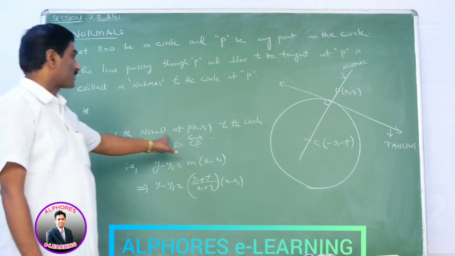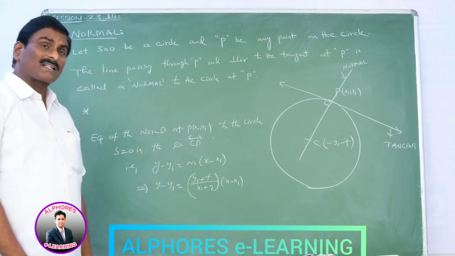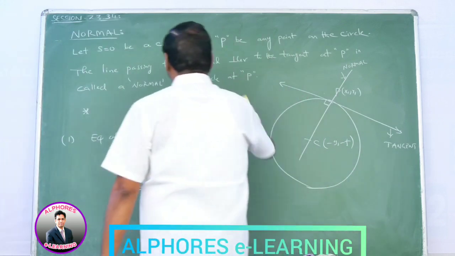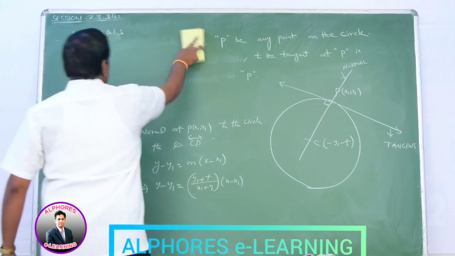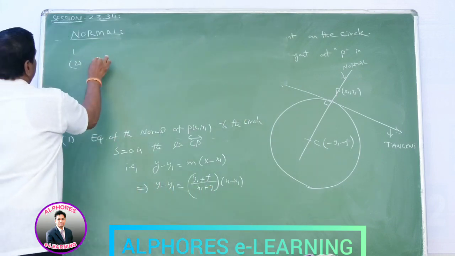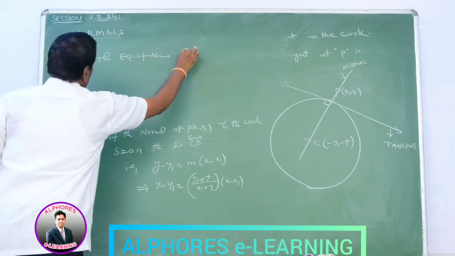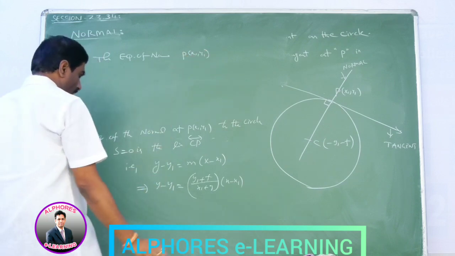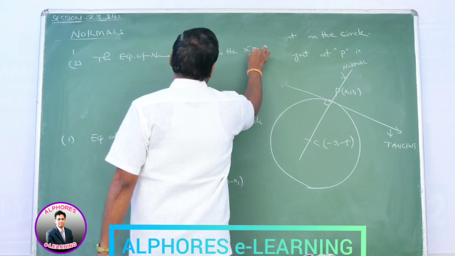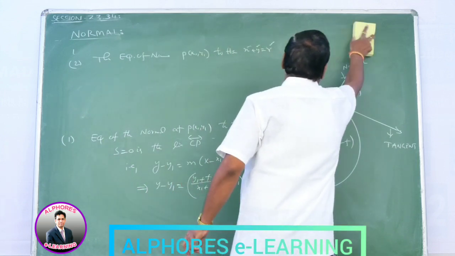Equation of the normal at P(x1, y1) to the circle. If the center of the circle is (0, 0), the equation of the normal at P(x1, y1) to the circle x square plus y square is equal to r square is,